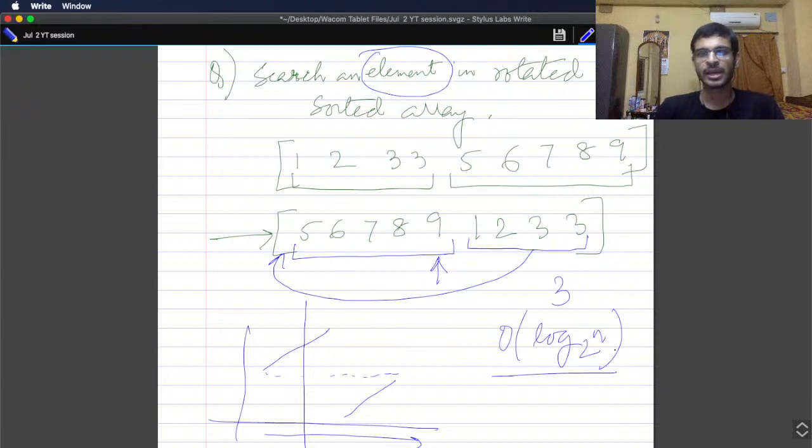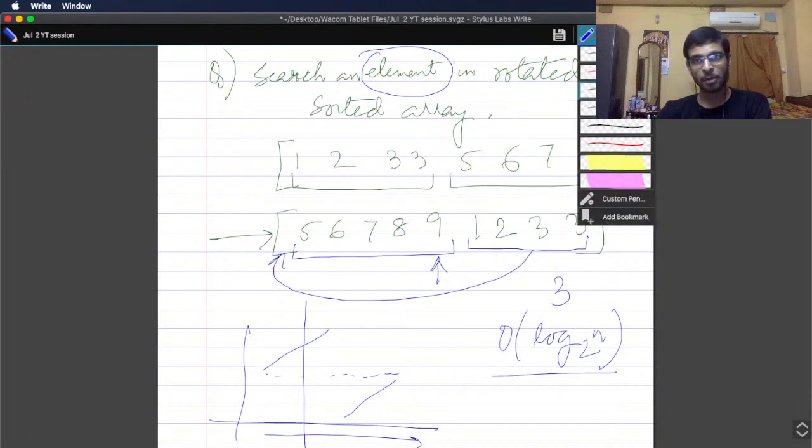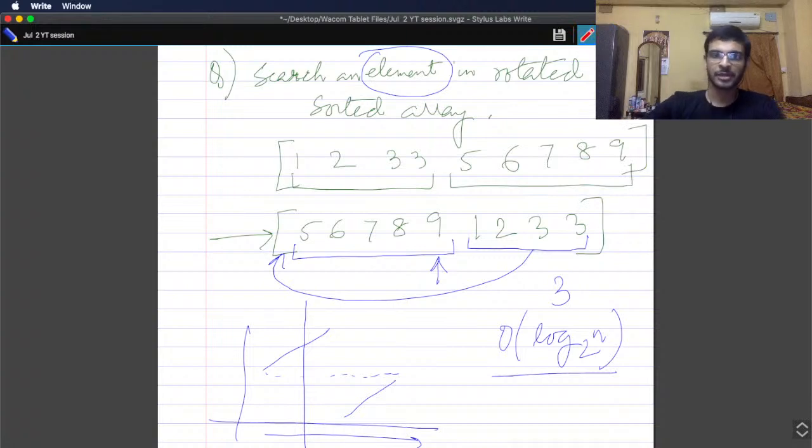ओके, सो यही बात है हमारा कि जब हमें रोटेटेड सॉर्टेड एरे में सर्च करना है, दिस एरे इज नॉट सॉर्टेड, बट इसमें एक पर्टिकुलर प्रॉपर्टी है। क्या प्रॉपर्टी? कि एक पर्टिकुलर एलिमेंट के लेफ्ट में कौन से एलिमेंट्स रहेंगे। ओके, सो आप कह रहे हैं कि बोथ पार्ट्स हमें पता होना चाहिए, राइट। अब हमें पता नहीं है कि ये पार्टीशन इधर पे है, ये पार्टीशन कहीं भी हो सकता है, सो पार्टीशन हमें नहीं दिया है, ठीक है।